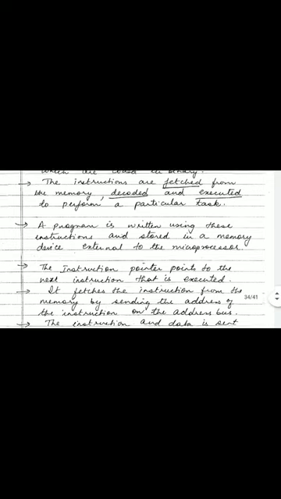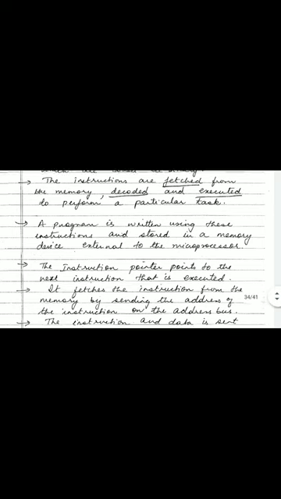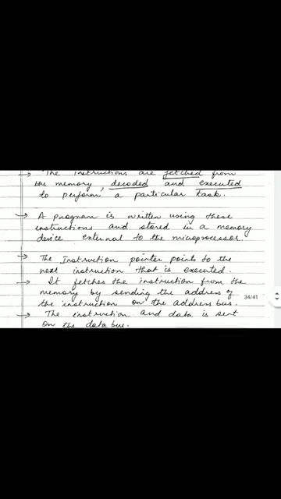Based on that instruction, you will get the answer 7 for 5 plus 2, right? Which means the processor first has to fetch the instruction from the memory, decode it and execute whatever task we are giving to the system.